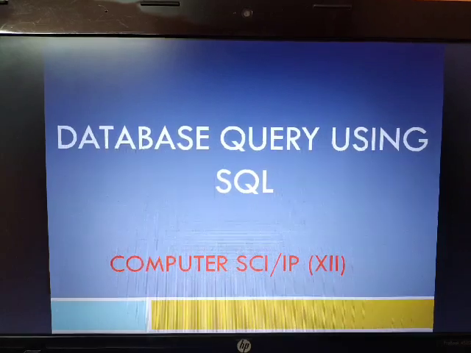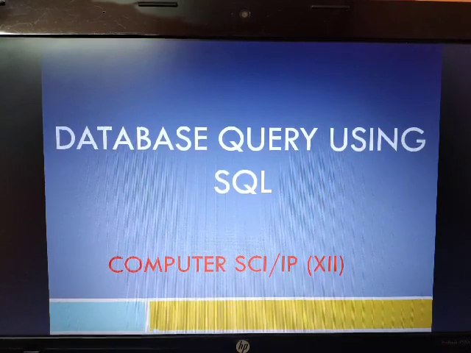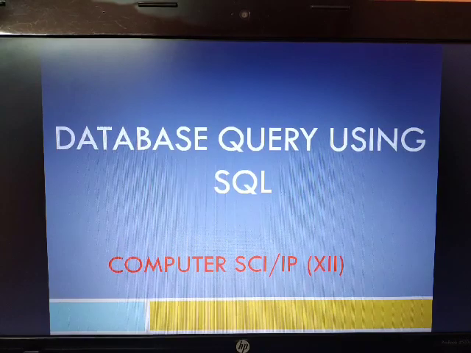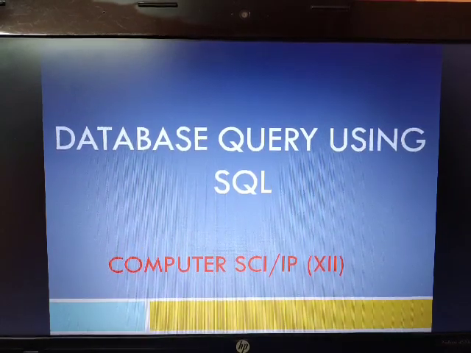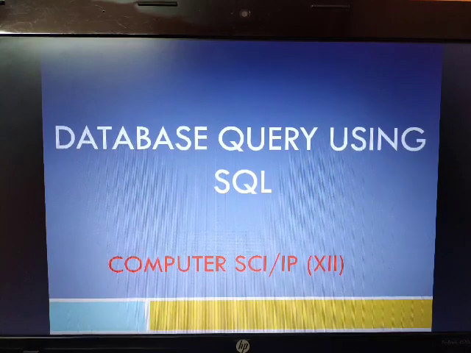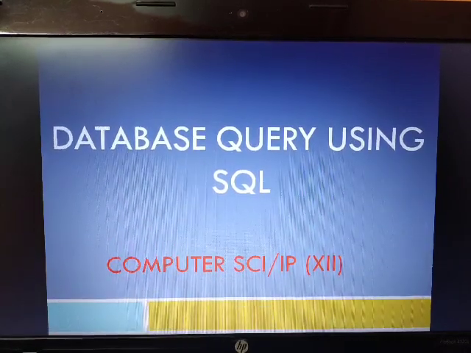So today's concept is database query using SQL. SQL stands for structured query language. We will do commands of SQL on database. So you know that we can work on database.